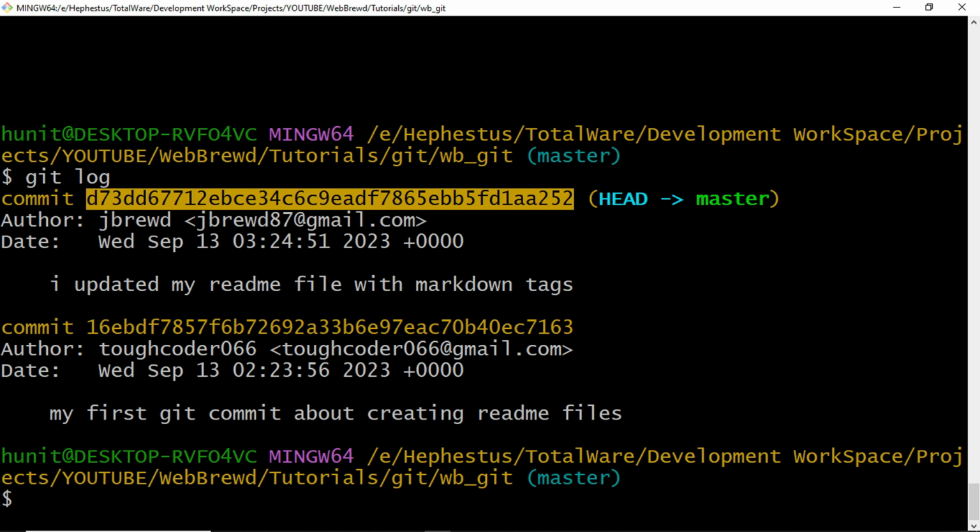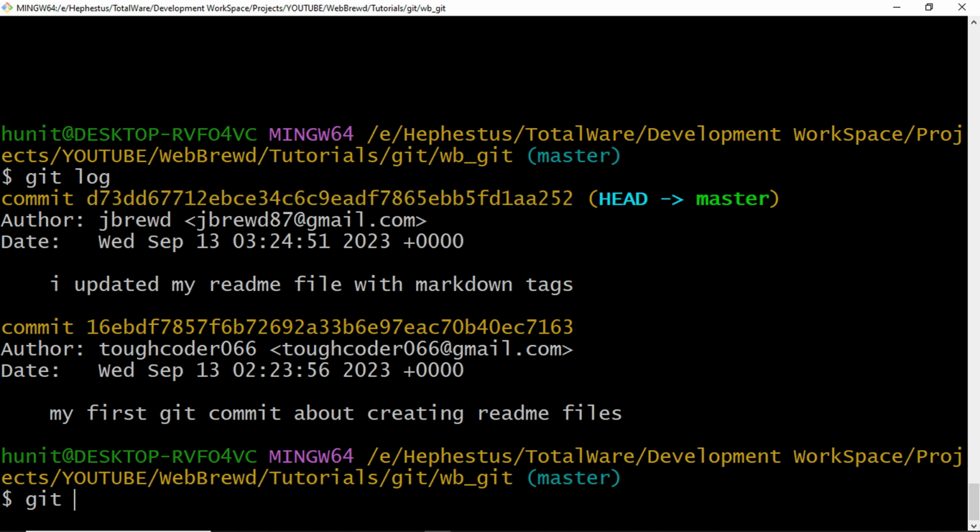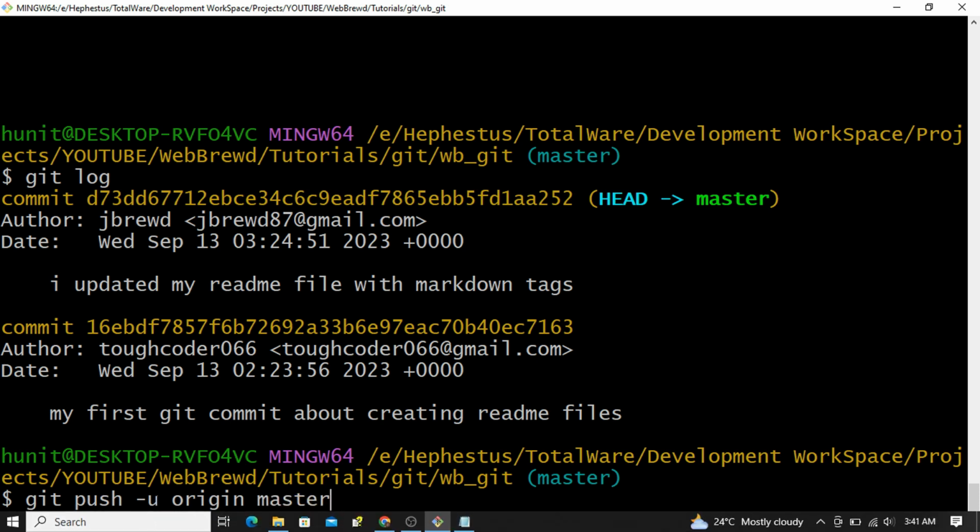So the next thing we want to do is push this readme from our local repository onto our newly created remote repository, so that we can have a working copy of this readme both on my local system and inside of my GitHub. Currently my GitHub doesn't have any file in there, but once I push my readme to my GitHub, I should have the readme both present in my local and in my remote. So we're going to do git push